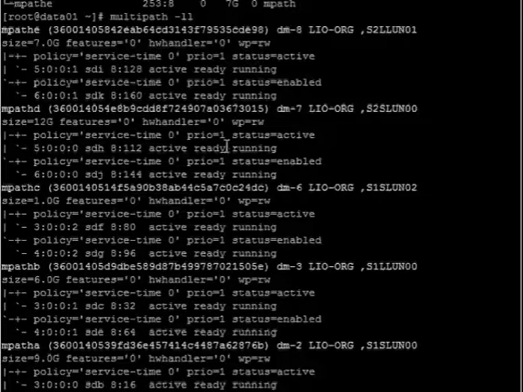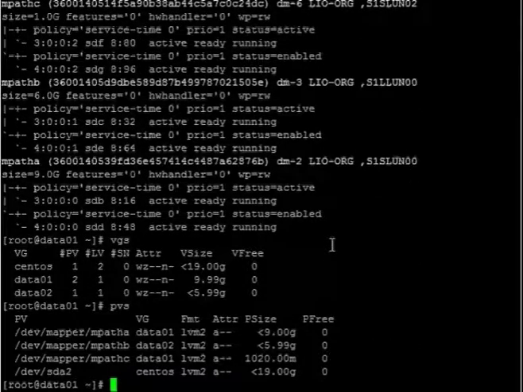So we are going to move the data of S1S LUN 00 and S1S LUN 02 to S2S LUN 00, and S1L LUN 00 to S2L LUN 001. So this migration we are going to do.